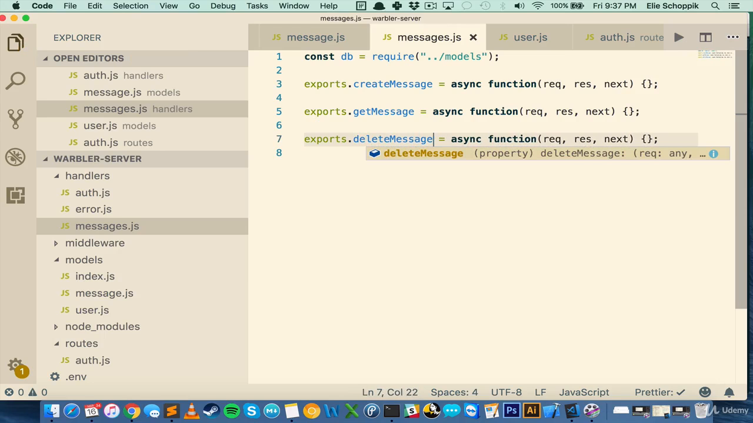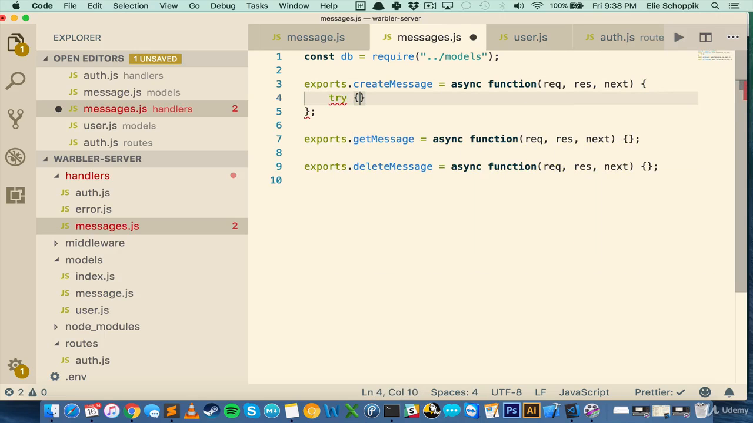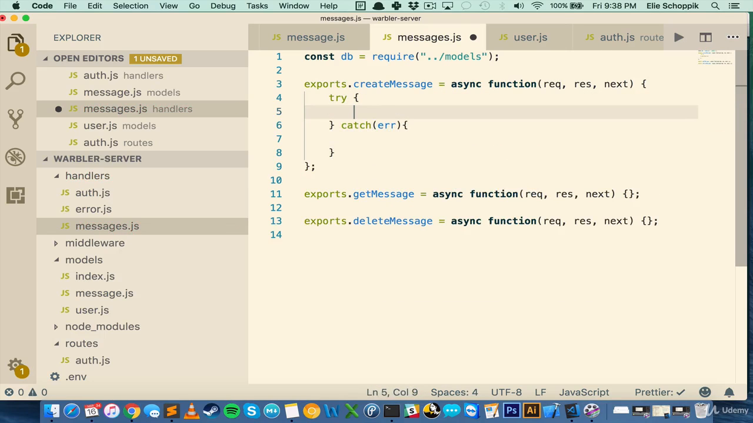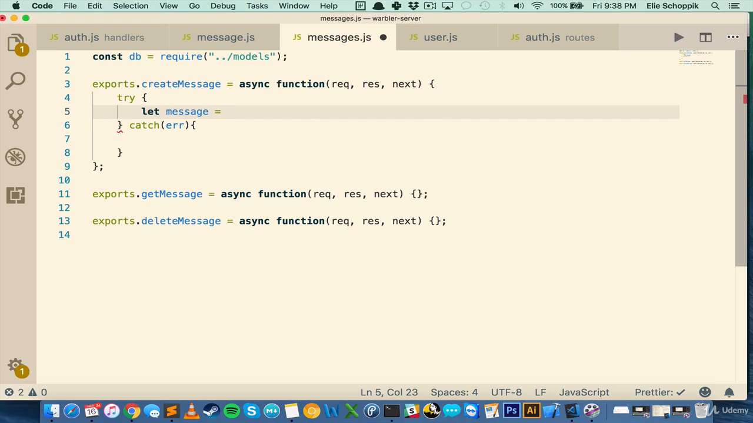So we're going to set up these three functions and we're going to take one at a time. Creating is actually going to be the most challenging because when we create, we have to think about the user as well. So what is creating going to look like? Well, like every single async function, we're going to try catch. And what are we going to do inside this try block? We are going to make a new message. So we're going to say, let this message be the result of